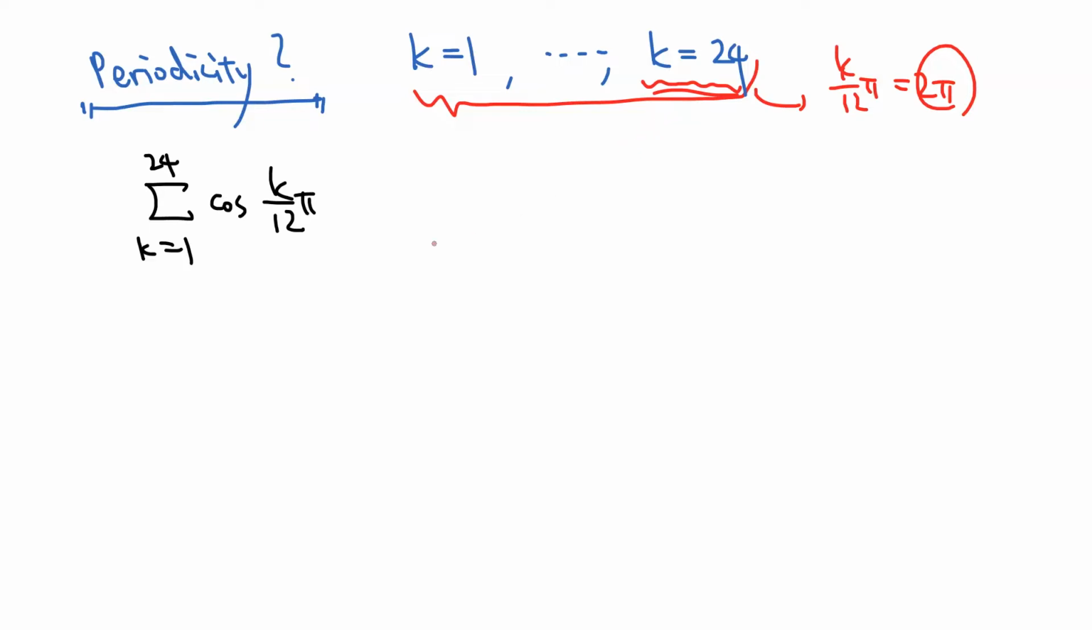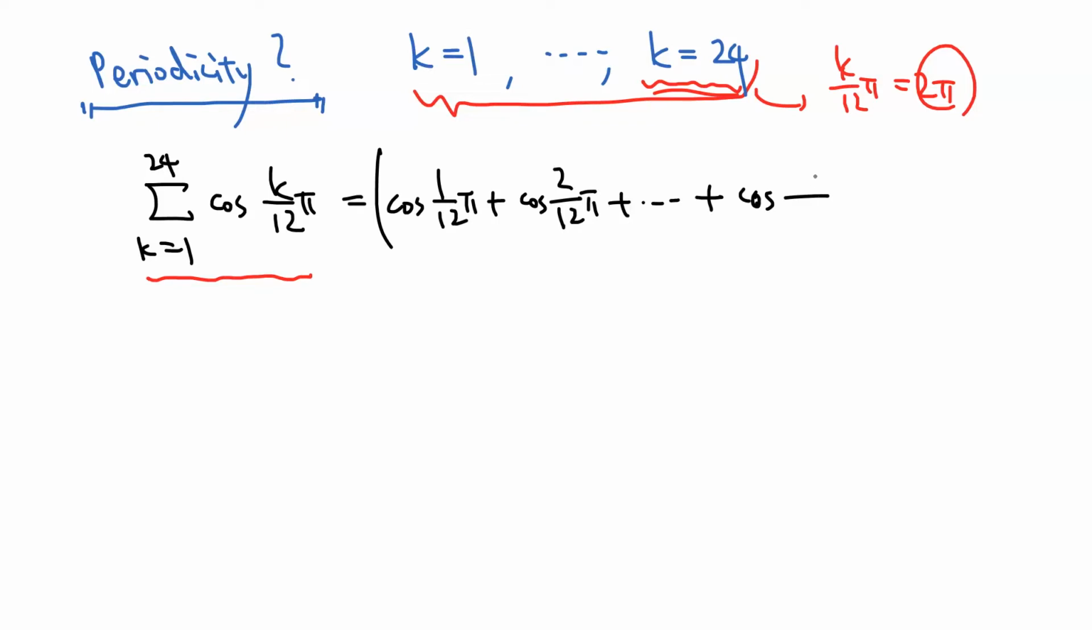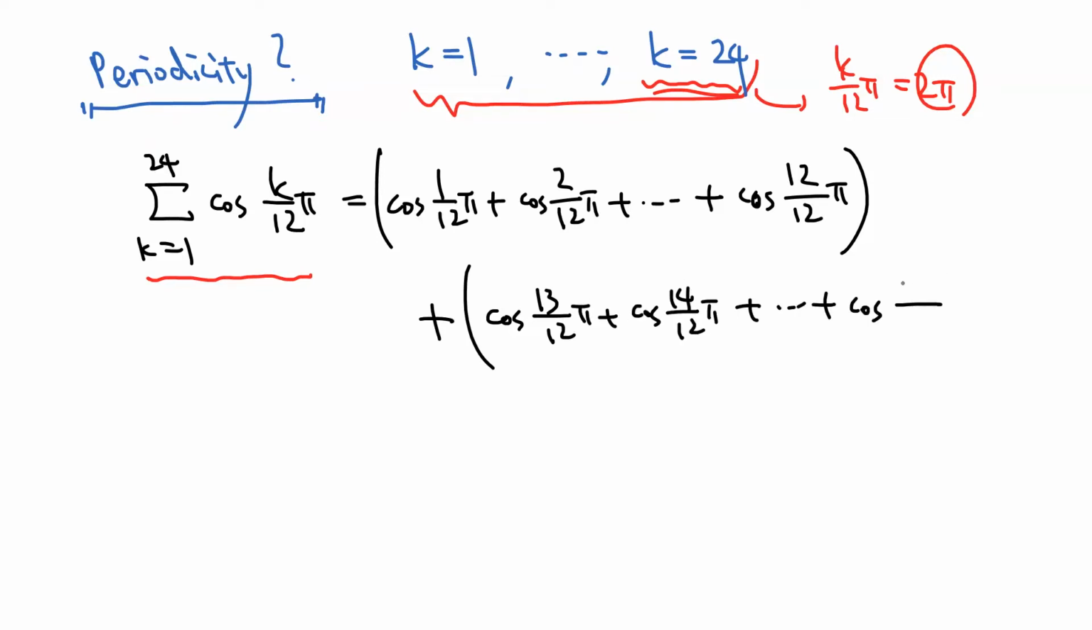Okay, so let's calculate this sum of 24 terms. Here, let's split this sum into the first 12 terms, which is cosine 1 over 12 pi plus cosine 2 over 12 pi plus ... cosine 12 over 12 pi. And the last 12 terms are cosine 13 over 12 pi plus ... 24 over 12 pi. And using the sigma notation, we can write this sum as